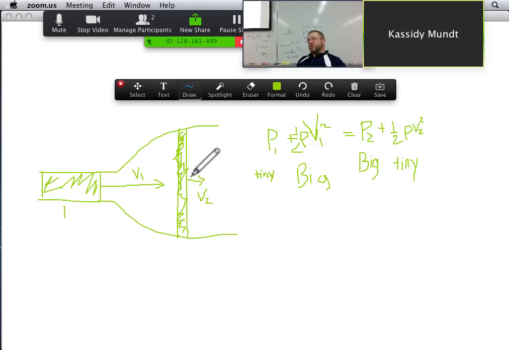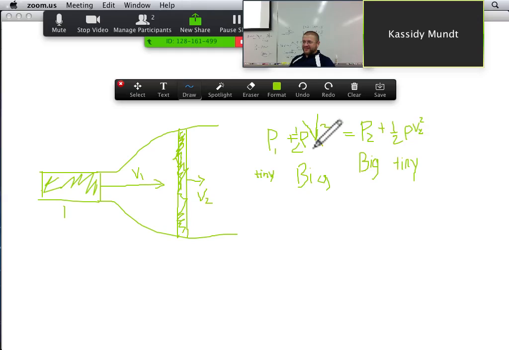Right. So when your water goes from a big pipe into a tiny pipe, what happens to the pressure? Increases. Look at the equation. You said it increases. What did you say, Pagan? You said it decreases? Why does it decrease? Because the speed increases. It's counterintuitive. You would think that to get in that tiny spot, your pressure would have to go up. But what did we say about this fluid? What can't we do to this fluid? Compress it. We can't compress it.